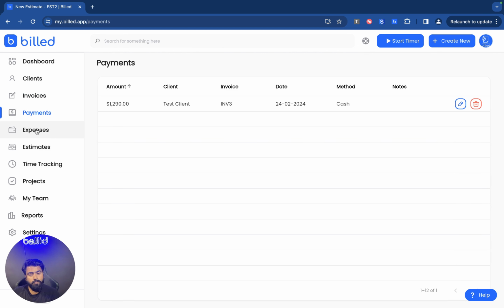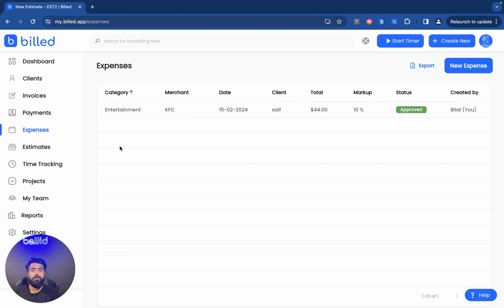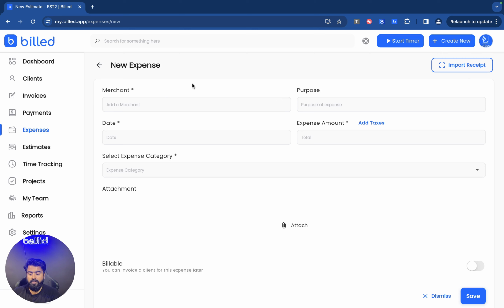Now let's move on to expenses, where you can track all of your business expenses, and you can approve expenses from your teammates as well. When you add your teammates, they'll be able to track their expenses, and you'll be able to approve or reject them from here. So you can click on the new expense button to track a new expense, add a merchant, add purpose,